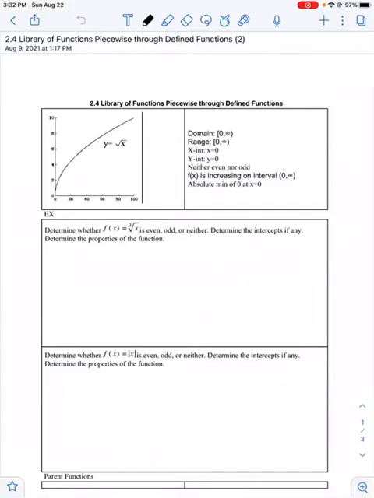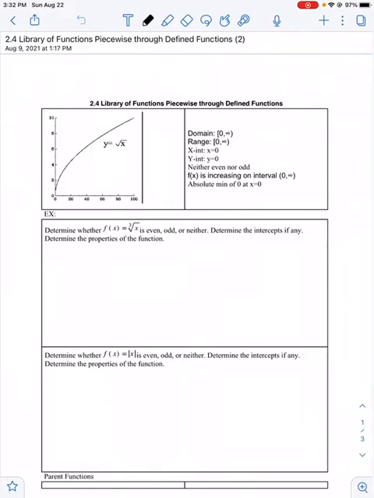Hey y'all, today we're going to go through 2.4, library of functions, and talk about the piecewise function. So here is just our square root function, the domain, the range, and its properties. We're going to look at this first example and go through basically those steps and determine whether